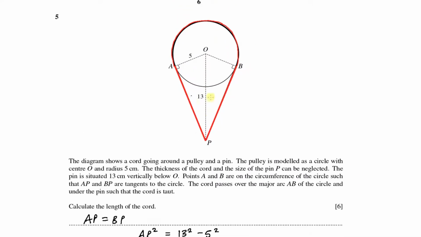Okay, so for the cord, we now have AP and we now have BP. And what's left for us to find is AB, the major arc. Now to find the major arc, I will start by looking for the length of the minor arc, which means to find the length of the minor arc, I will need to know what this whole angle is. Now I'll start with this angle here, which is angle APO. And I'm going to use the trig ratio cos to find this angle. So I'm saying here,